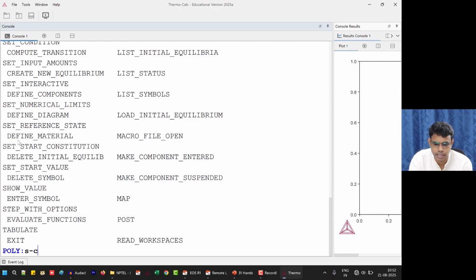So we are typing that S hyphen C, then space, we have to define pressure, temperature, number of moles and composition. Pressure equals 1E5. This is enough. This is 1 multiplied by 10 power 5. Then T equals 1000. We can choose any temperature between 298 and 2200.